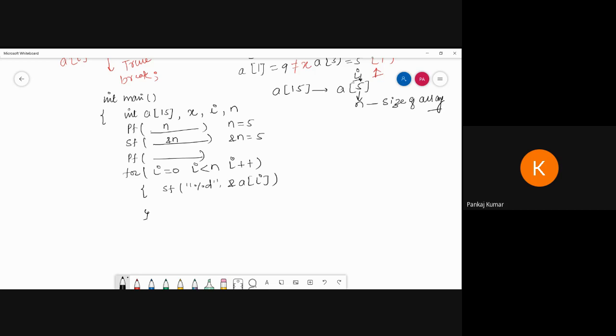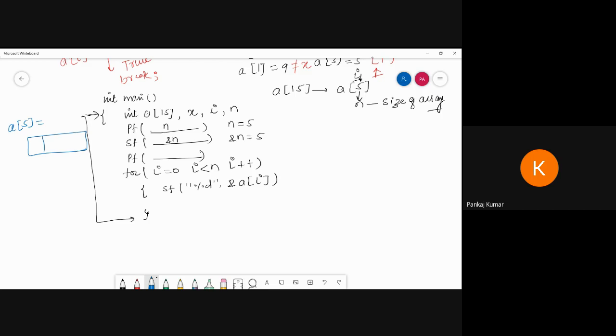So till now, from here to here, we have created an array of size 5 and we can enter the elements.